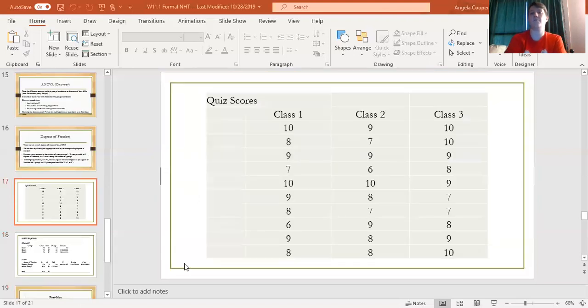So here is just an example. Maybe a professor has 3 different sections of a class. Maybe they have a stats class with 3 different sections, and they're taking the quiz scores on the first quiz for their first class, their second class, and their third class. Again, these are between subjects groups, so no person is going to be in the same group twice because each of these groups represents a different class, and this class is all the same. So if it's Psych 42, if it's a stats class, you're probably not going to be enrolled in a stats class